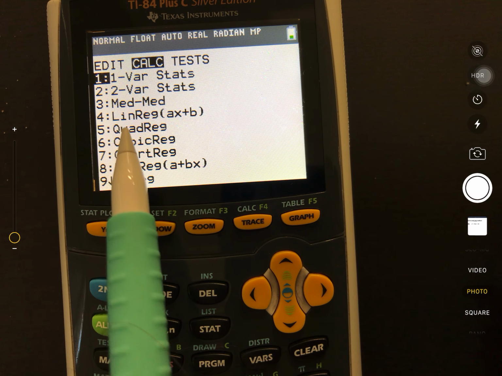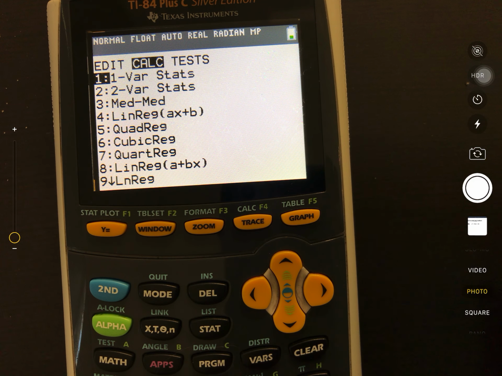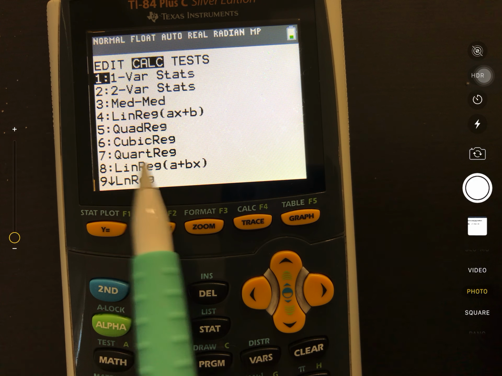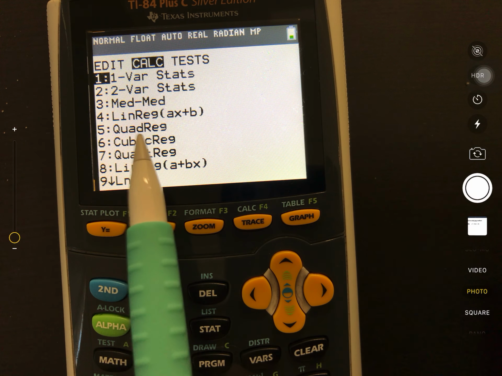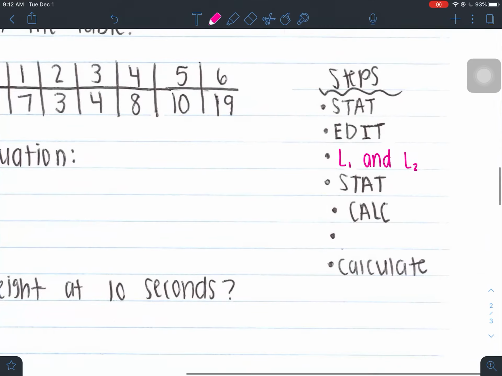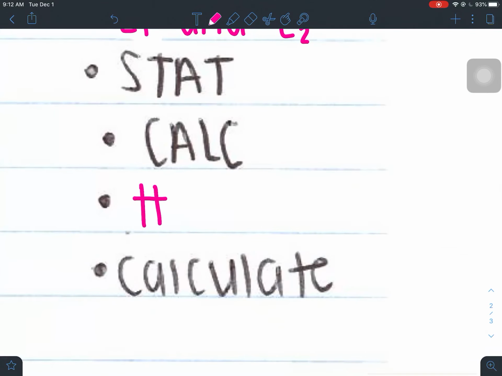So back in unit 4, we typed in 4 for linear regression. Well, here we want to do quadratic regression, which is going to be option 5. 7 is quartic regression, so that's not what we're doing here. We're doing quadratic, so it's going to be option 5. So I'm actually going to go to my notes and fill that part in. So fifth step is number 5. We're going to do